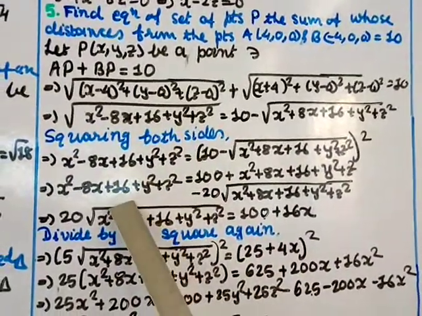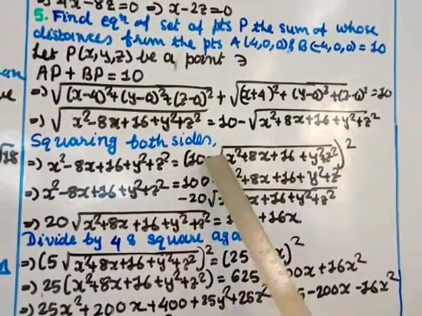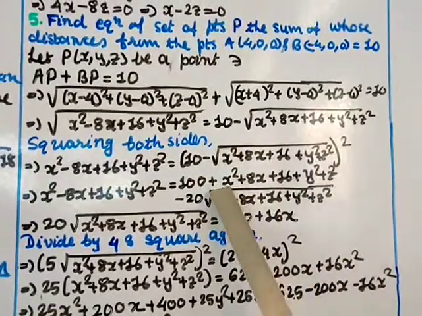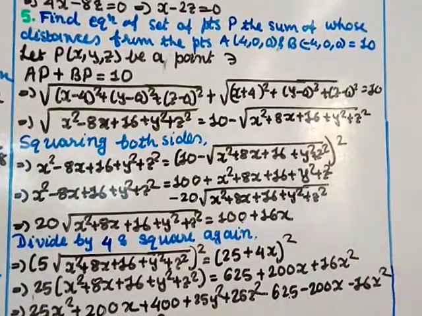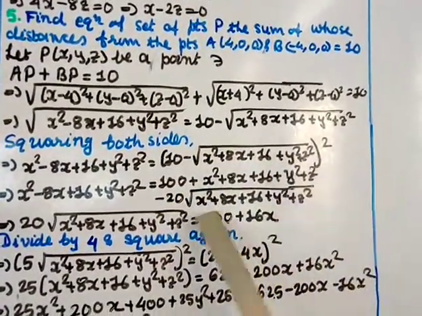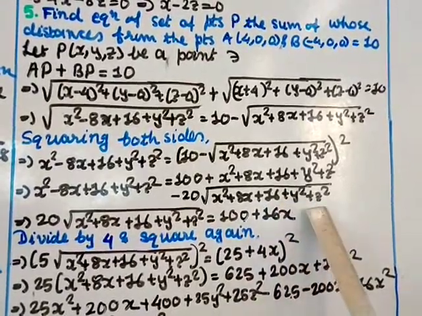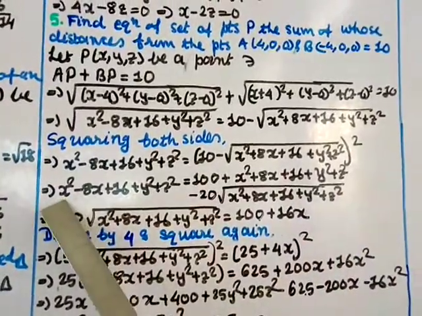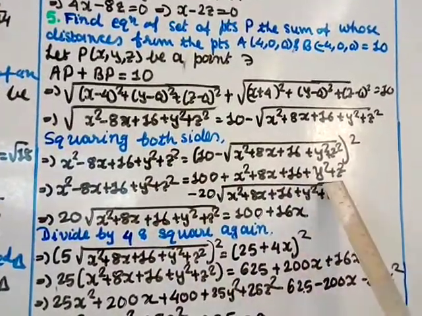So this again as it is, 10 square is 100 plus this term squared, that is the square root will cut when you square this term. So x square plus 8x plus 16 plus y square plus z square, and the middle term is minus 10 into 2, that is 20, under the square root of this term, x square plus 8x plus 16 plus y square plus z square. Now x square and x square you can cut, y square and y square you can cut, z square and z square you can cut.